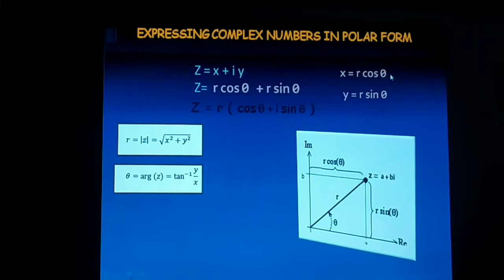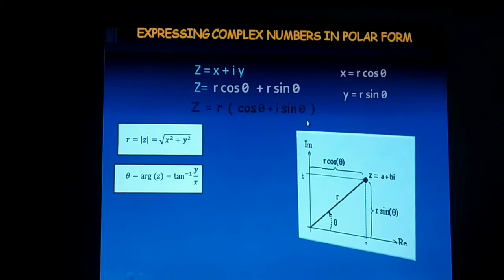Let's see in this figure. Here x is the real axis, y is the imaginary axis. Here z is equal to x plus iy is any point. Then this is r sin theta and this distance is r cos theta. So it is the value of y, it is the value of x. So we put it in this form: z is equal to x plus iy. So r cos theta plus r sin theta, r is common, so we get